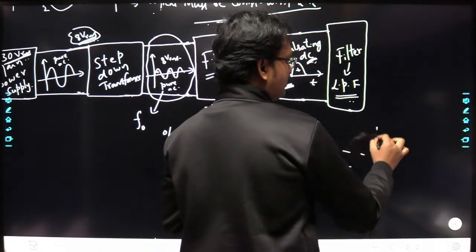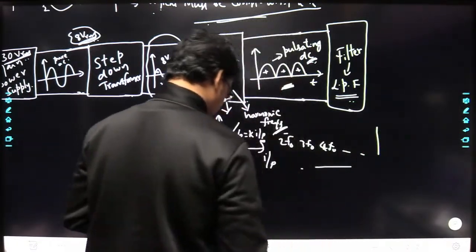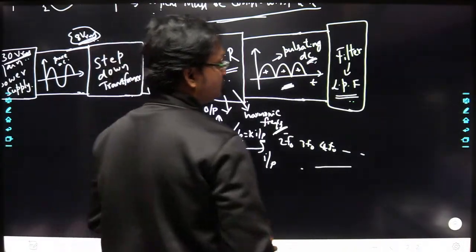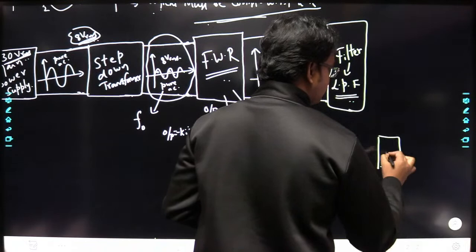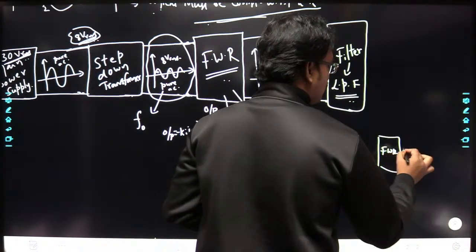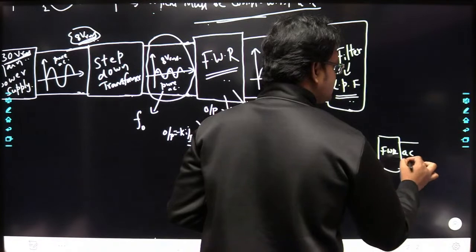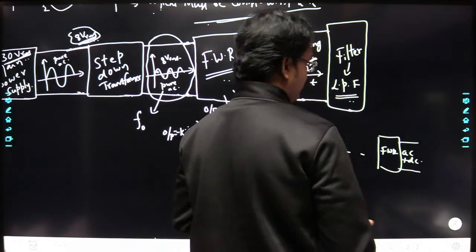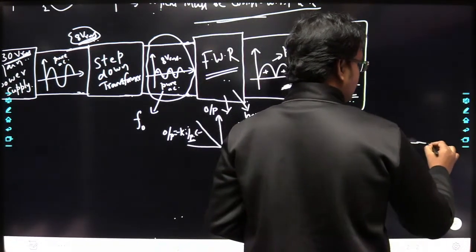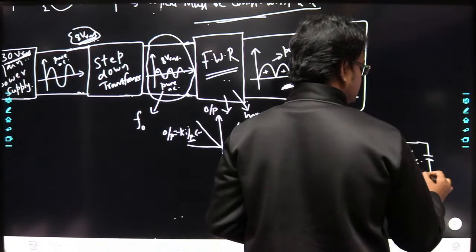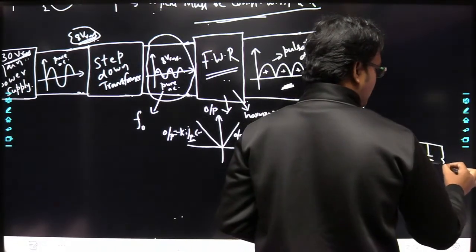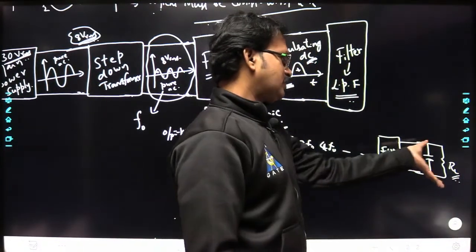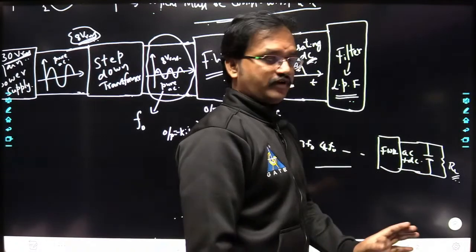Whenever you are using a filter circuit, let us assume, I will give you one simple example here, okay. If you have a full wave rectifier circuit like this, then at the output you have AC plus DC. So this signal has both AC components as well as a DC component. Now if I connect a capacitor across this, and here you have the load resistance, okay, at the output of the full wave rectifier, let us assume,